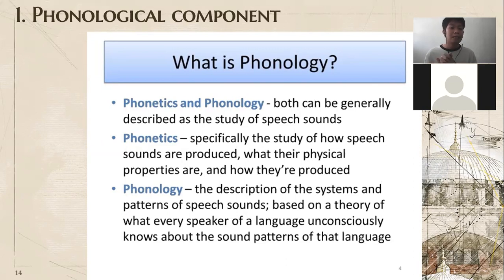I remember when I was in college, we had a subject, phonetics and phonology. It's not a separate subject. It's really a combination. So it's hard to be distinct when it comes to studying speech sounds because you cannot separate these two branches